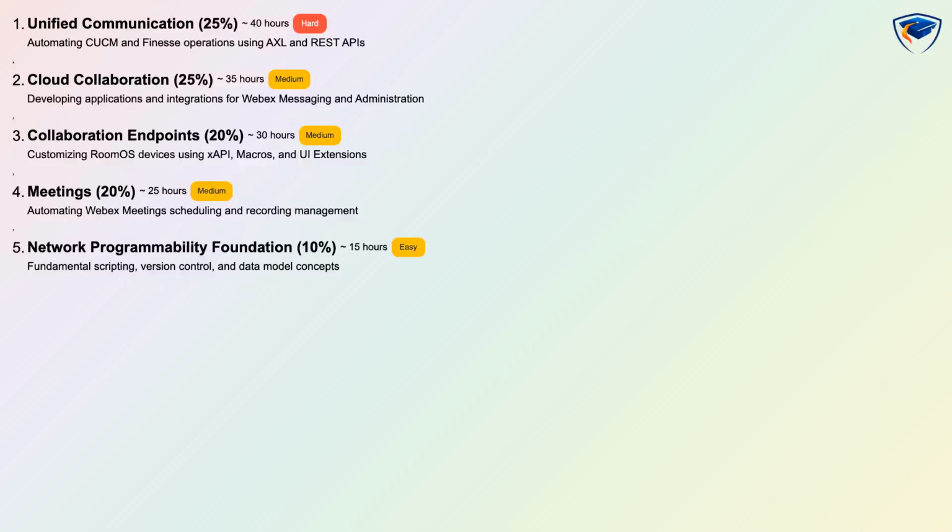Unified communication is 25%, cloud collaboration is 25%, collaboration endpoints is 20%, meetings is 20%, and network programmability foundation is 10%. The recommended study time across all domains totals about 145 hours, and the exam blends hands-on tasks, scenario-based questions,